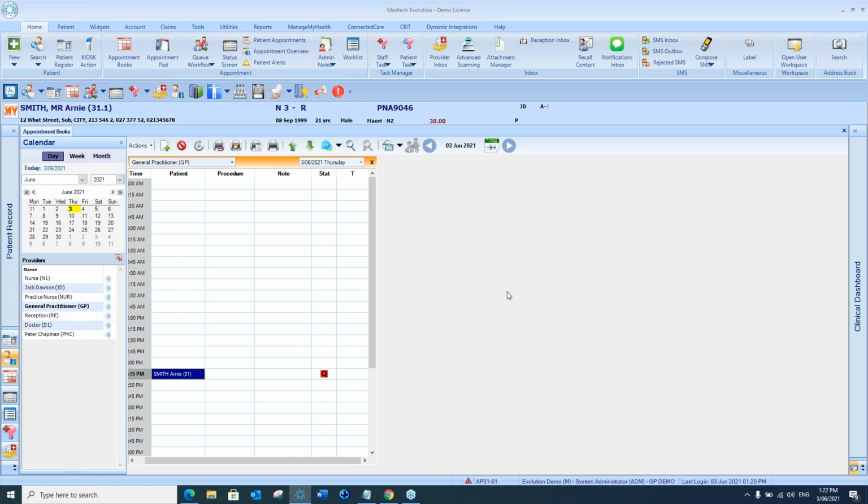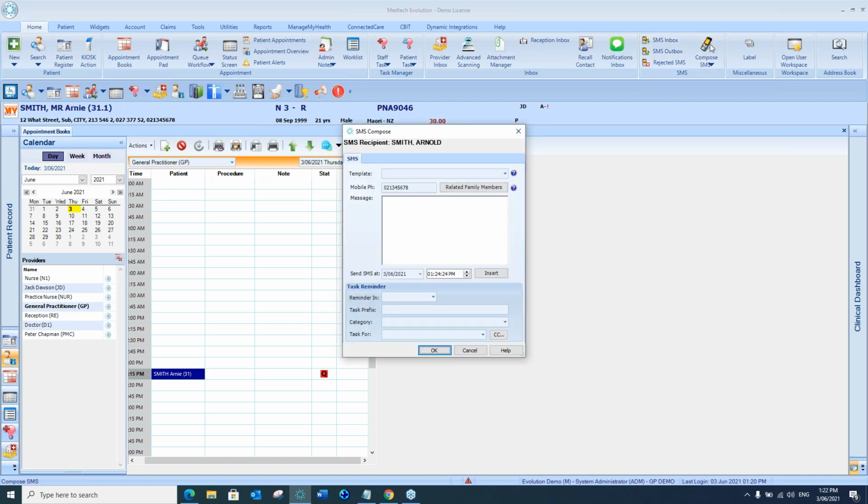So next, we'll just have a quick look at the patient palette text messages. So this is where you would create a random or a one-off text message to somebody. So you'd have the patient on the palette, and when you click on the little telephone up there, it will open the palette SMS communication box. So from here, I can choose to send a template that I've already created,